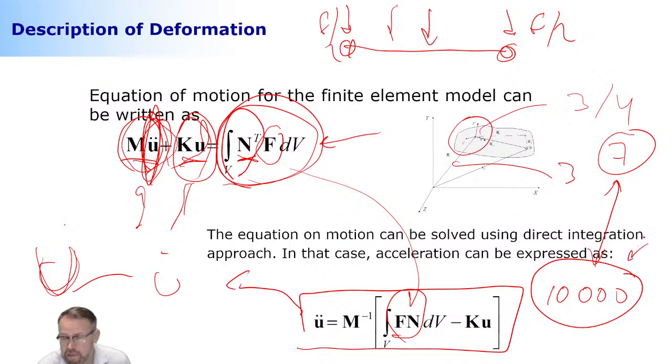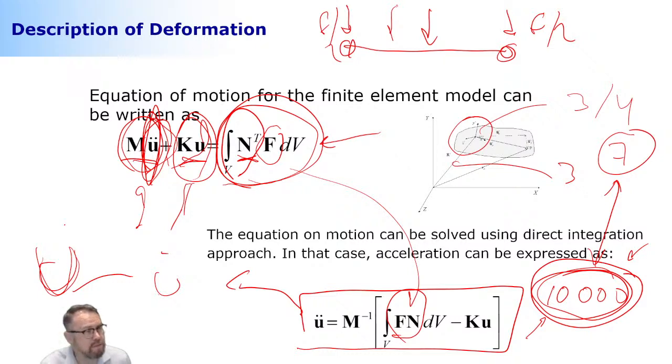This number is simply way too big and takes too much capacity to solve the deformation. Because the deformation is something that, yes, is improving the accuracy of the model. That's what it's doing for you. But the price you need to pay is way too high. This is way too much computation. You need to solve this deformation, meaning 10,000 nodal degrees of freedom at each time step, and it's going to kill you. It's not going to be possible to do this way.